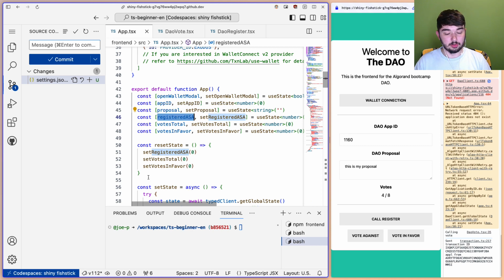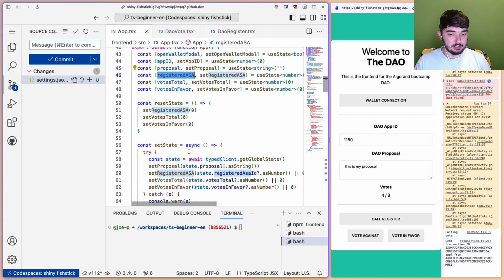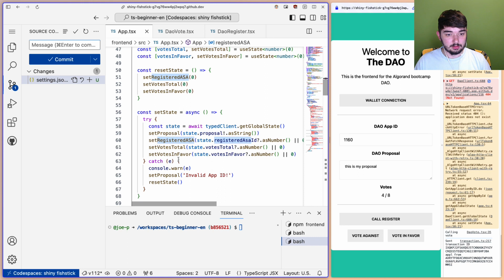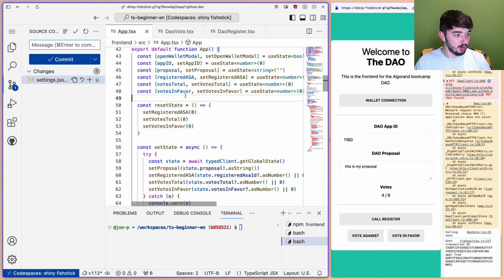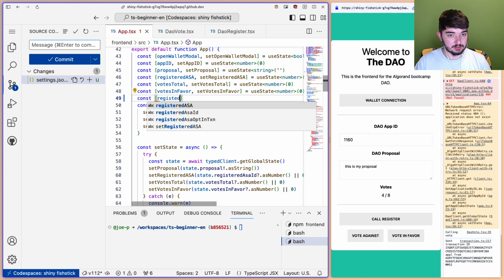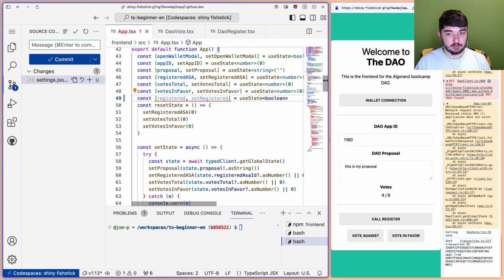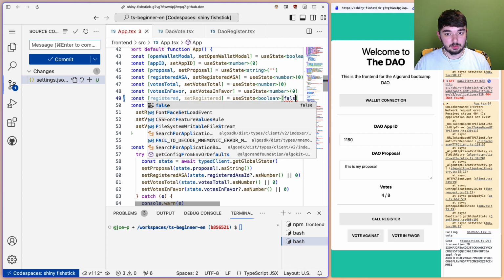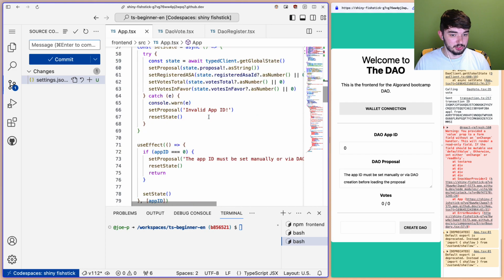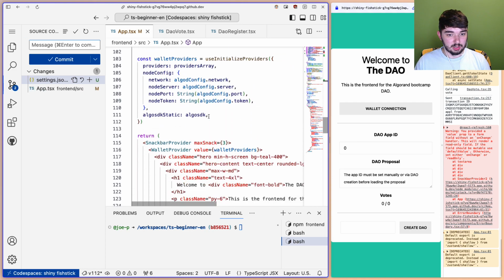Or is this registered ASA asset? So what we need to do is check the state to see if the connected account is holding the registered ASA. So I'm going to create a new piece of state called registered, set registered. And this is going to be a Boolean that simply determines whether someone is already registered for the DAO or not. And then I'm going to come back down here